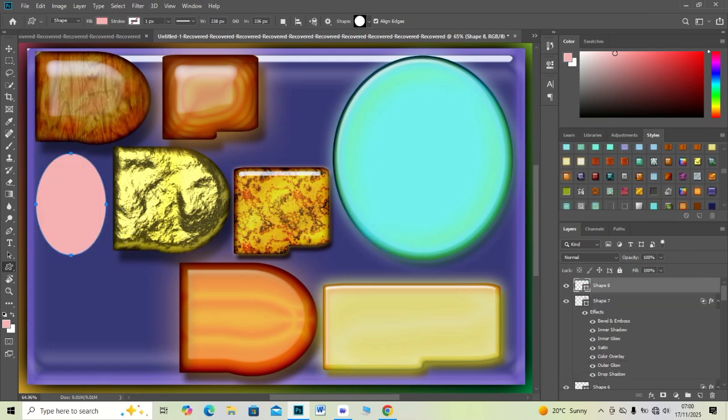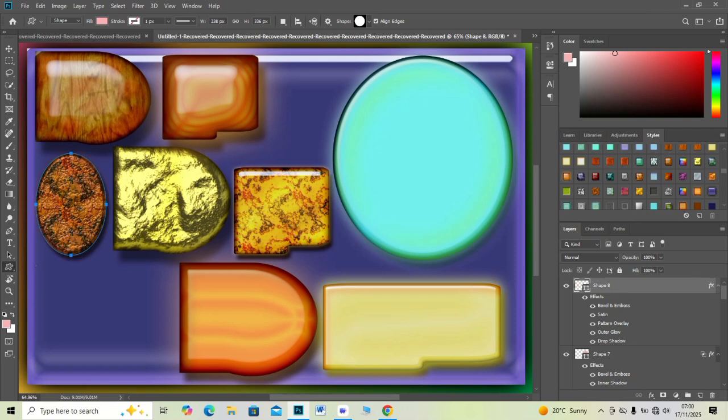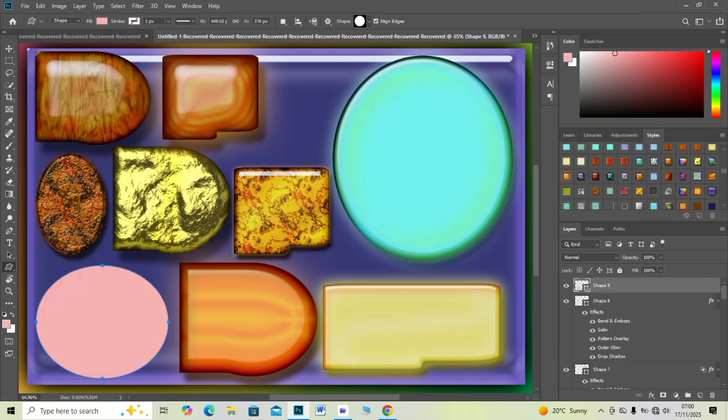Apply noise reduction at the end. Toggle the glow filter on and off to review. Finalize with